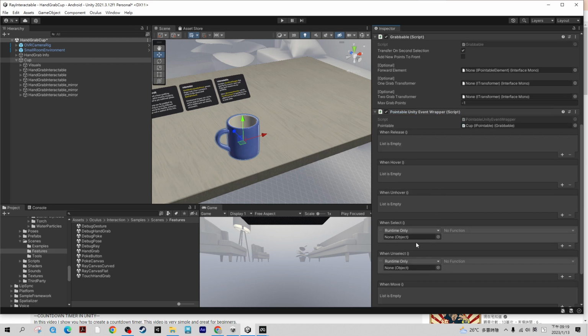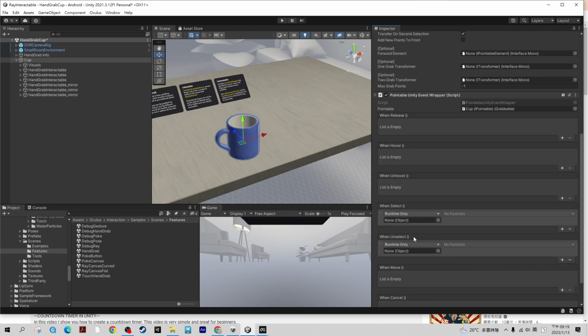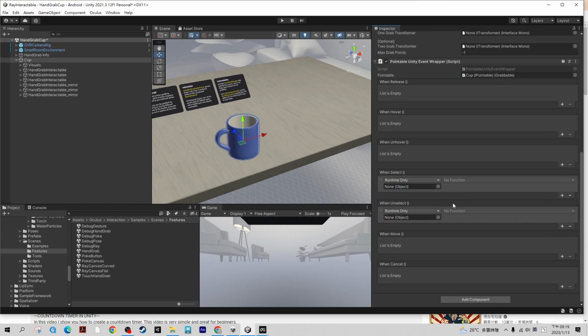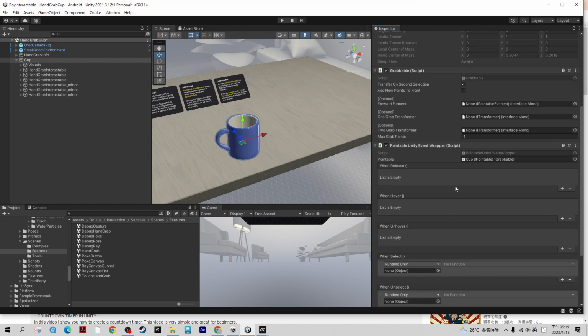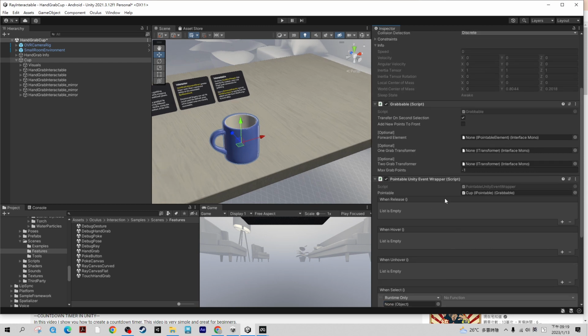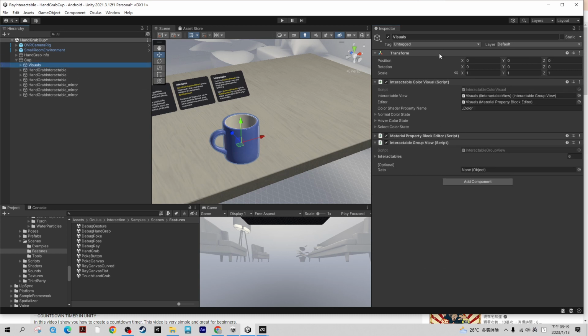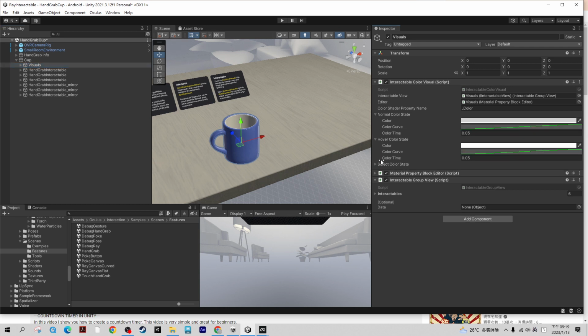Unity event is for what we have at runtime, where we can assign some value, like audio or whatever. Then we have visuals, and interactable colors we can assign,